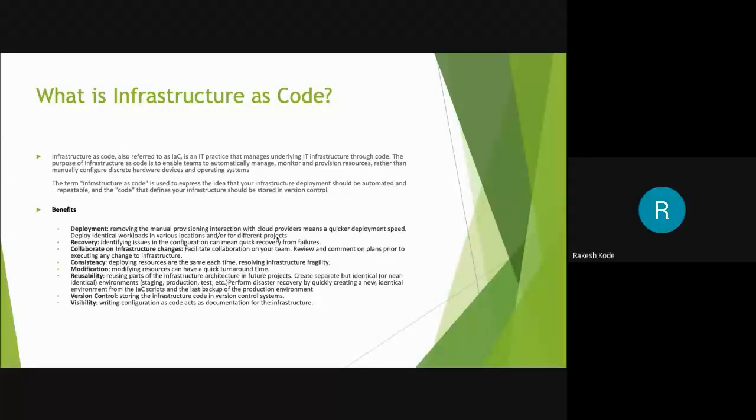Sometimes we need a dev environment, for which in a regular process you will put up a request to the operations team, and they might have to go and set up the environment that you need for development, which is a time-consuming thing. So such kind of scenarios can be